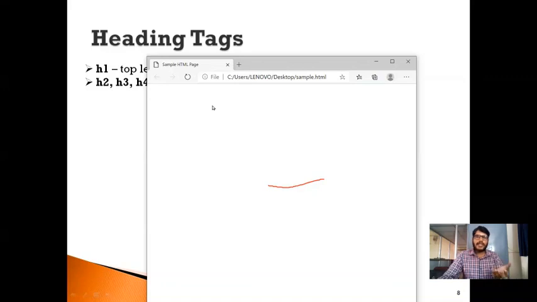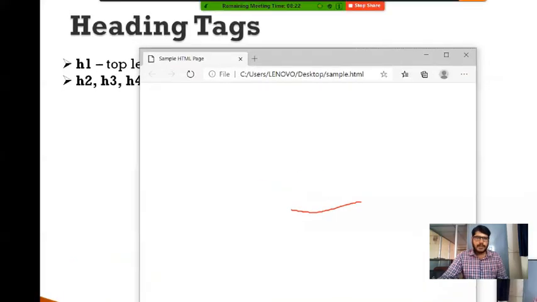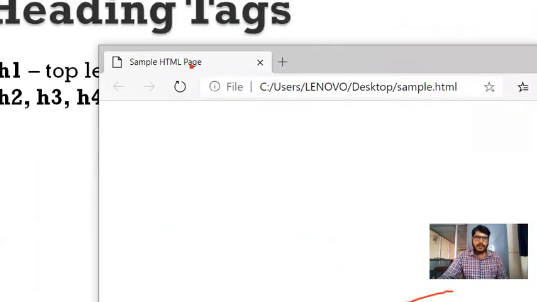Of course, it is not containing any content in the body, so that's why the content is entirely blank here. But you can observe the title here. It is showing sample HTML page, which we have used in the title tag, isn't it?